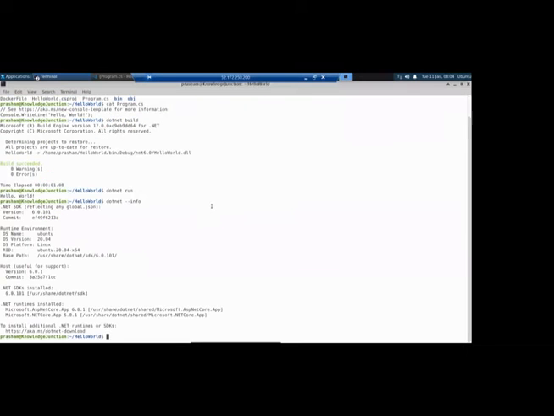Before that, I will show you the .NET info as well. With this command, we will get the details of which version of .NET is there, like 6.0.101, what the base path is where the SDK is installed, and which runtime it is using, like ASP.NET Core. So it shows us that .NET is installed on this virtual machine. Now, assume that Docker is also installed on this virtual machine.